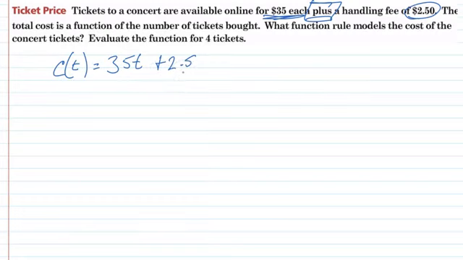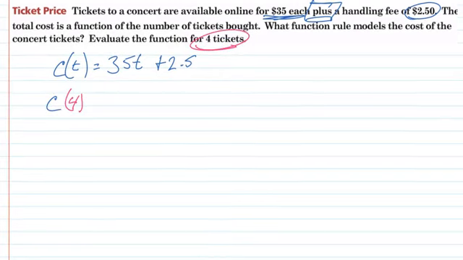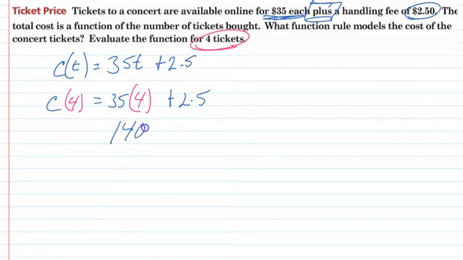Now we just evaluate for the number of tickets. They want 4 tickets. We just plug it in. Remember to always use parentheses when you substitute. That gives us C of 4 is equal to 35 times 4 plus 2.5. Well, 35 times 4 is 140 plus the 2.5. That gives me